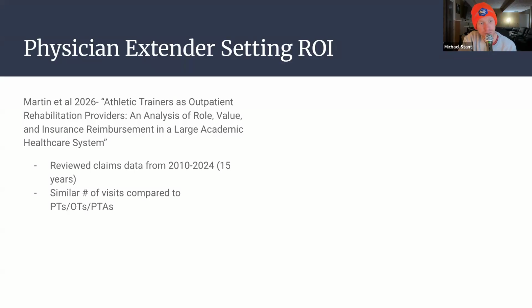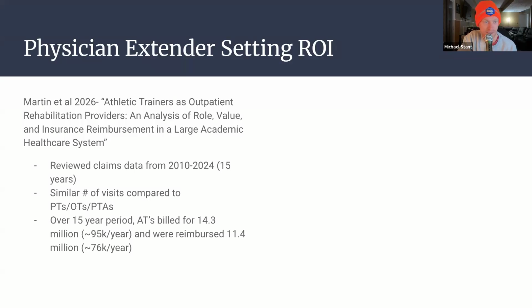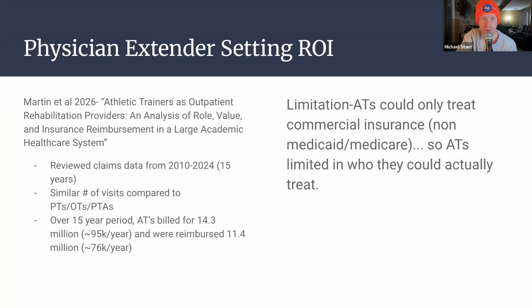So they actually reviewed claims over a 15 year period. Athletic trainers have a similar number of visits compared to PTs, OTs, PTAs over that time. ATs billed for 14.3 million, or about 95,000 a year, and were reimbursed for 11.4 million, about 76,000 per year. I put the per year numbers just so you kind of think about what the annual salary should be